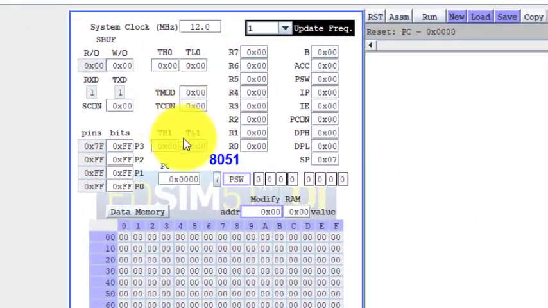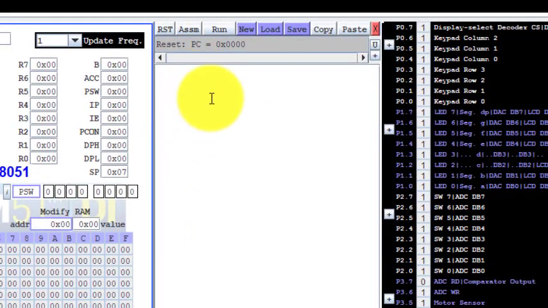On the left side we have the various registers of 8051, and this is the space where we write the program. So today we start with a program which generates a count on the LEDs. Count means when we start that particular program, it starts from all zeros. All the LEDs will be off. Then they will glow in such a way that they generate a particular binary counting series. So 0, then 0 1, 1 0, 1 1 and so on. Okay, so we start writing the program.